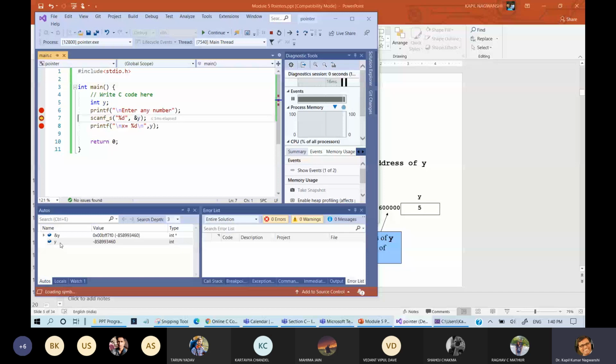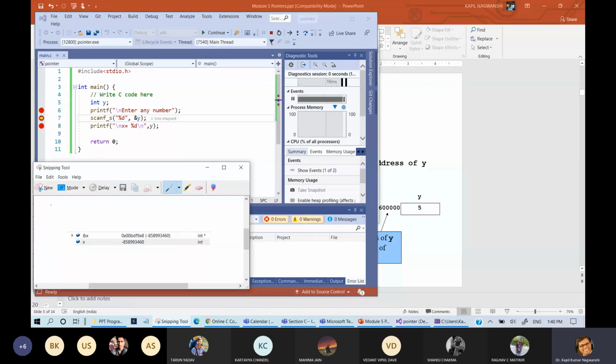Here you can see that the value of y is the same, and address of y is actually two things: the value and the address itself. This address of y shows that it is an integer pointer. We have used pointers several times before, but we have never asked about this pointer. Here you can see that this is the pointer.